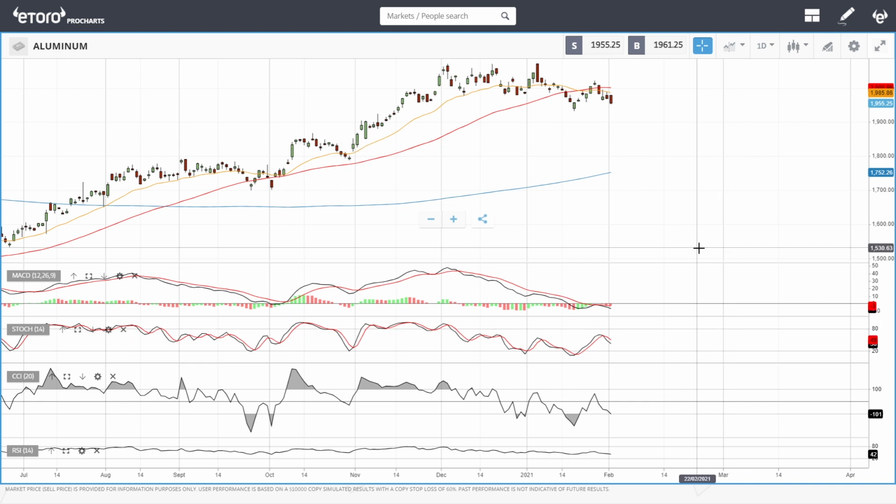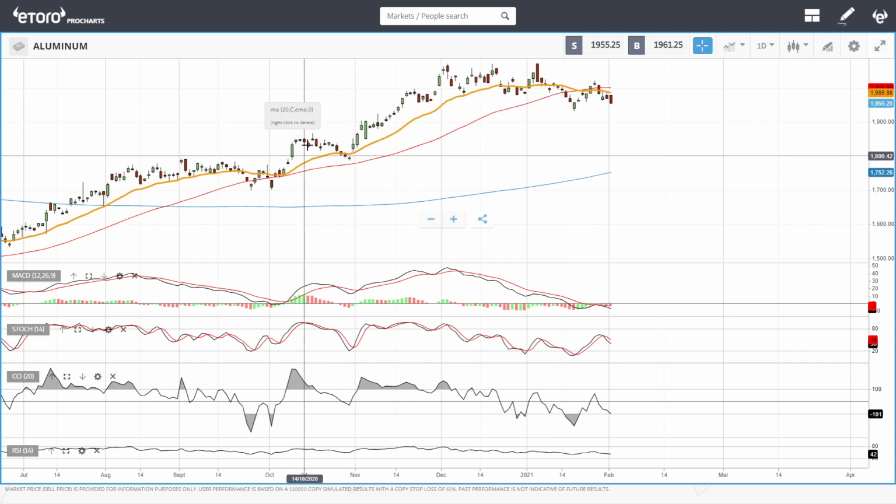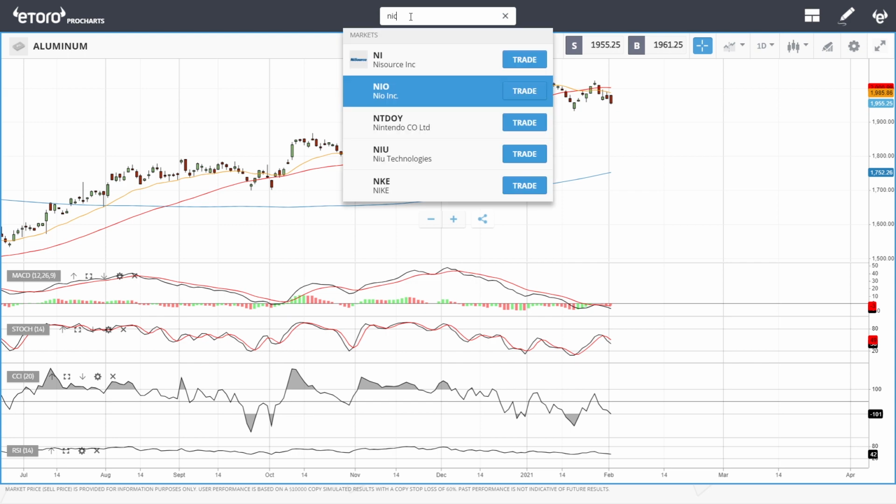And yes, we'll see where this technically is going. At this point, there's no reason to enter this market whatsoever because it could at some point rally to the upside. But if you want to buy this, you should be in a move similar to this, where we are bouncing off the 50 and the 20, and not when we're trading underneath the 20 and the 50 moving average. So let's look at nickel.